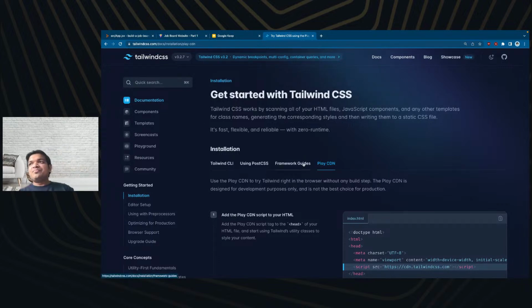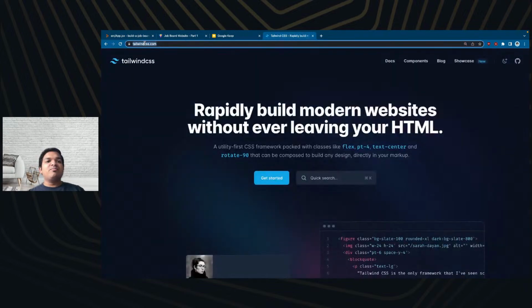Now I'm going to install Tailwind. So how do you install Tailwind? You can go to the main website, tailwindcss.com. Okay, that's the website, tailwindcss.com. Once you go on to,